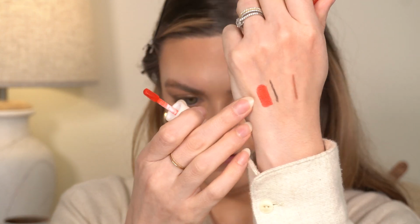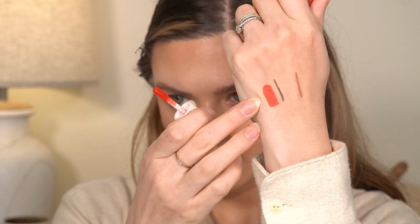So I have one of these already. I don't have this shade. I think this is the shade Inspire. Yeah. So this is the really pretty bright red that you see her wear in a lot of the promo videos. It's a really bright kind of orangey red. So I'm thinking I'm going to do a whole video, and I'm going to use this red lip, and I'll use the mascara. But it also comes with one of her little mini liquid blushes in the shade Joy,